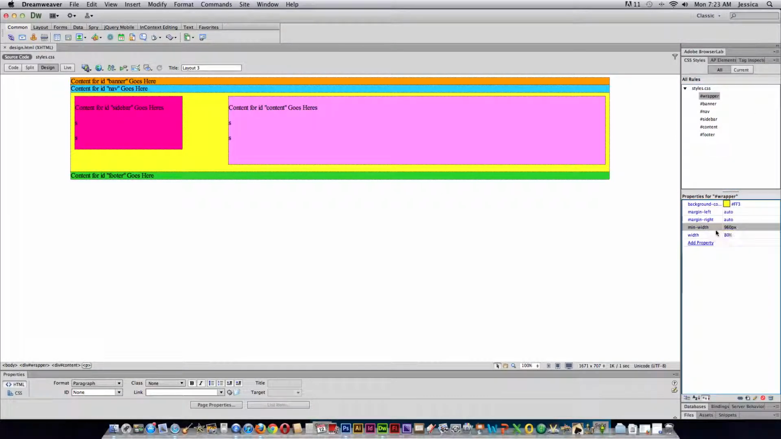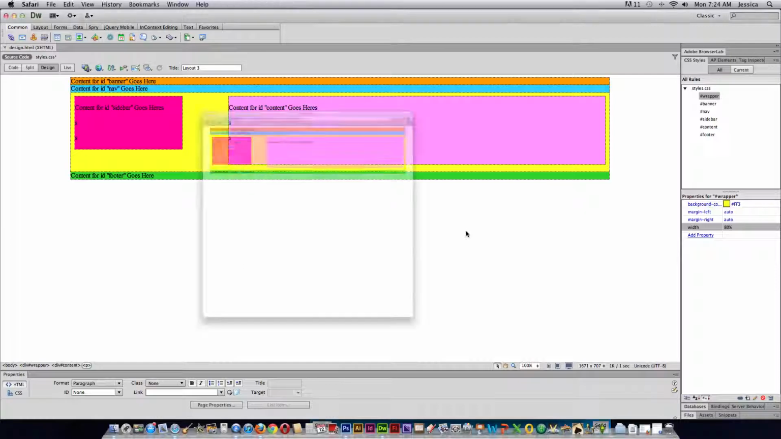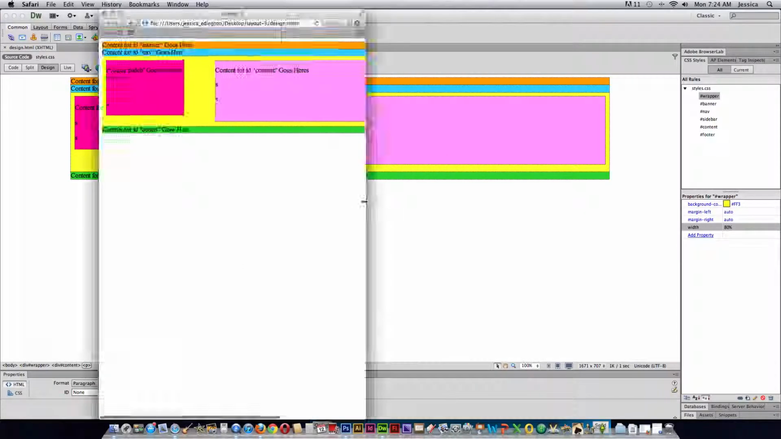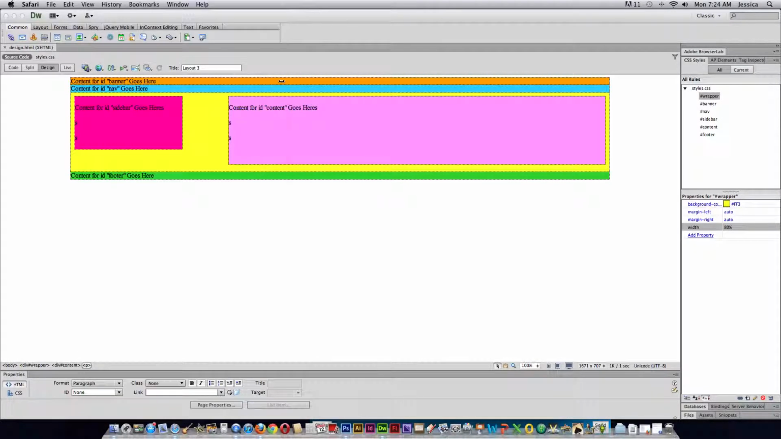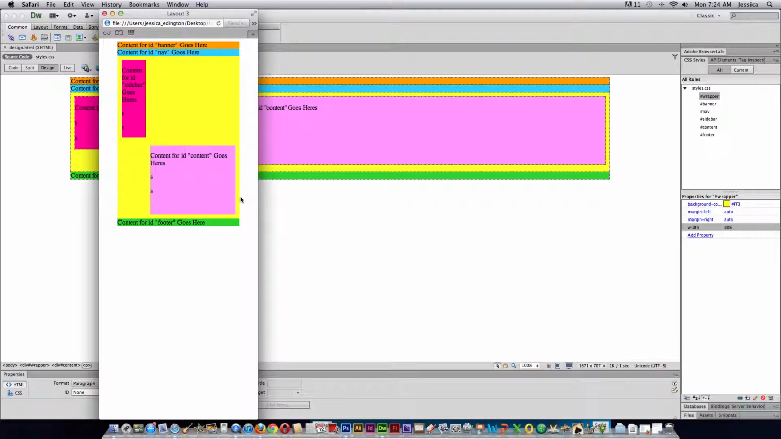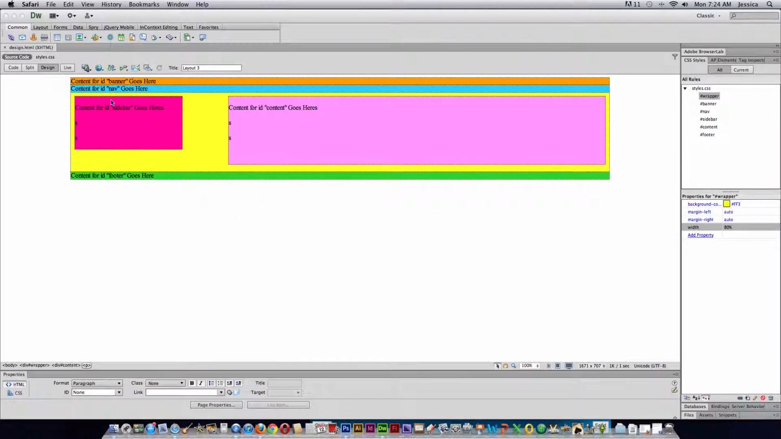So if I took the minimum width out of the wrapper and previewed in Safari, then that's what's happened, and you don't necessarily want that to happen, so that's why we do that minimum width. So in terms of creating a nav bar, you're going to go ahead and put it here,